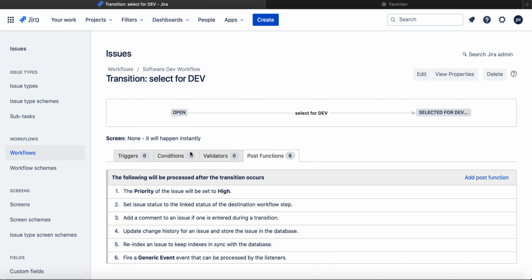So this is how we configure our workflows in Jira, and our app will translate this configuration of Jira workflows